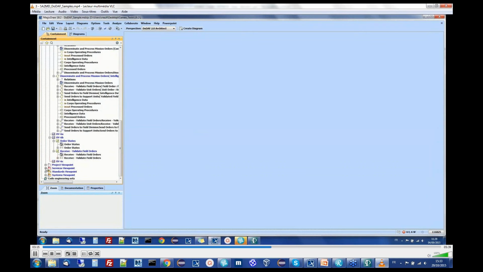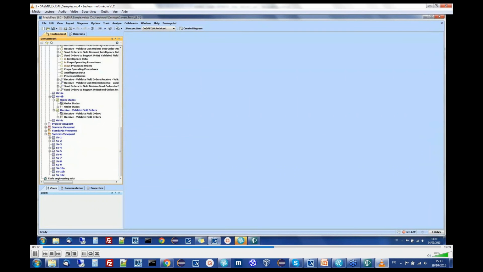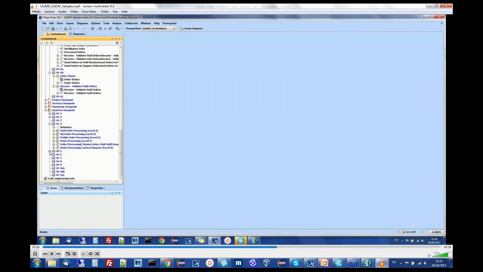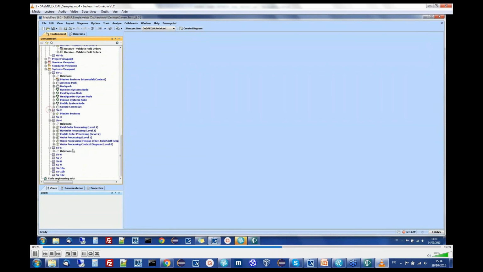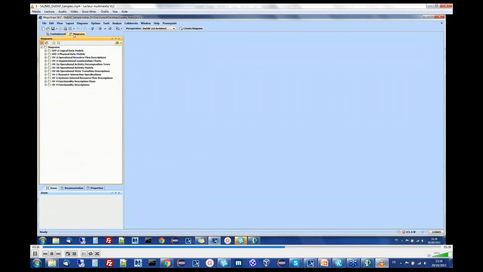We have also the service and system views created. The systems, etc. So if we check our diagrams, here we can see our DIV2 diagram